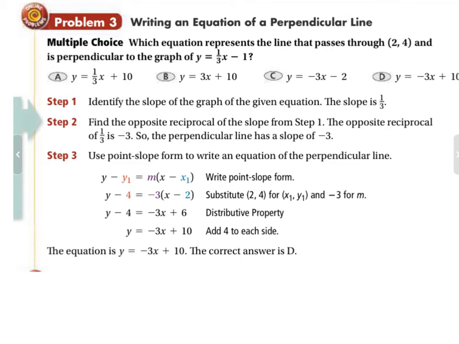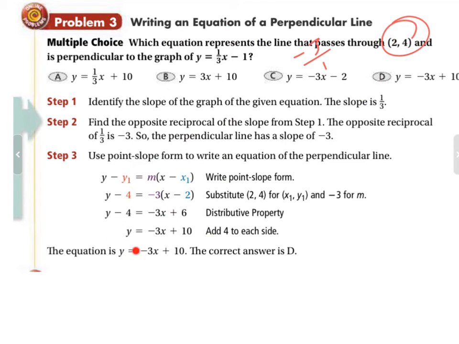So if I give to you which equation represents a line that passes through (2, 4) and is perpendicular to this. Remember, if it's perpendicular, I'm going to need a different slope. I'm going to need the slope of -3/1. It's going to pass through this point. So we're going to use the exact same method, if you will. I'm going to plug them into my point slope form. So plug the 4 in here, the 2 in here,